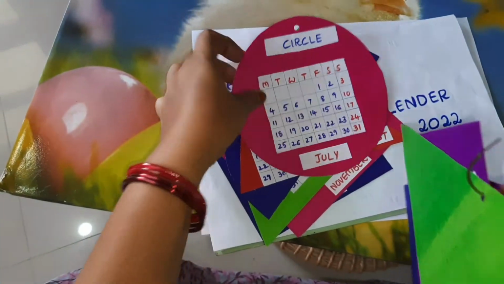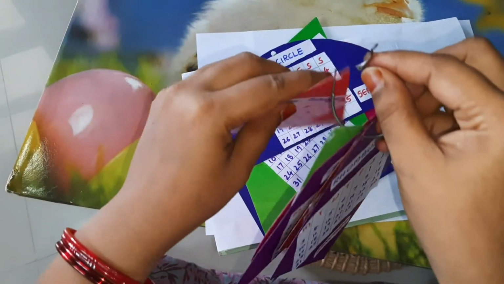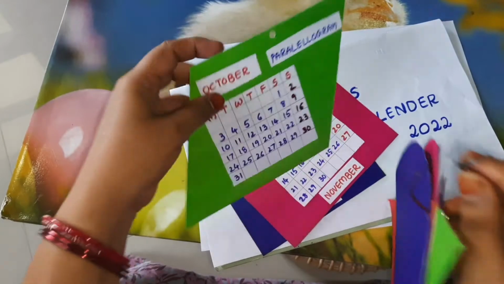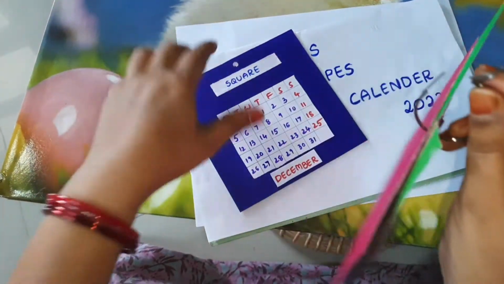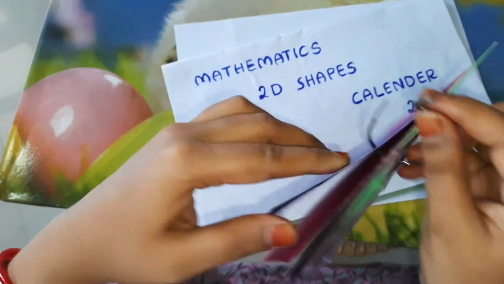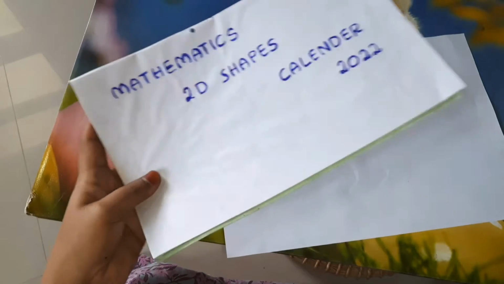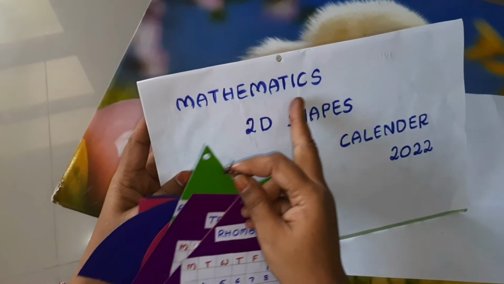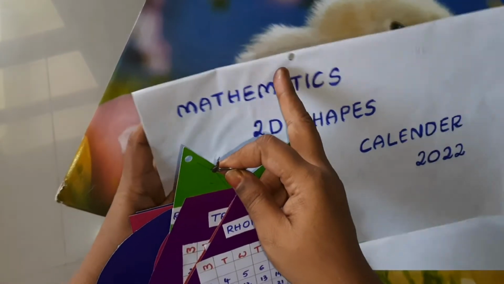June, July and August, September, October, November and December. Now take the old book sheet and write like this: Mathematics 2D Shapes Calendar 2022 and